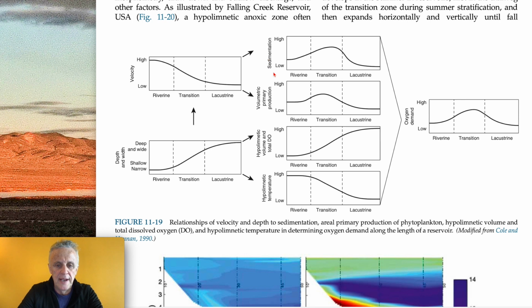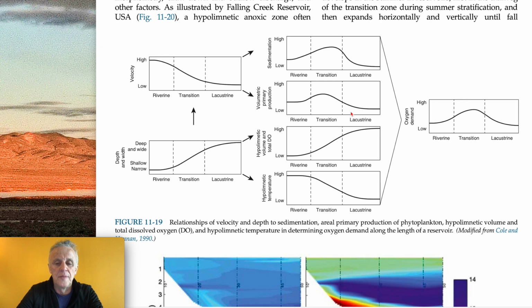Then we're looking at sedimentation and volumetric primary production. So sedimentation is low in the river and higher actually in the transition zone and lower in the lacustrine environment. And then we are looking at volumetric primary production. It's medium in the riverine environment. It gets higher in the transition zone, and then it's actually lower than in the river,